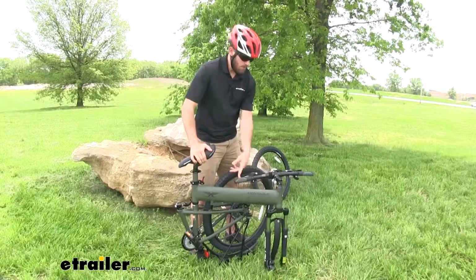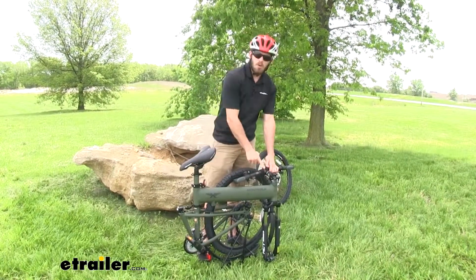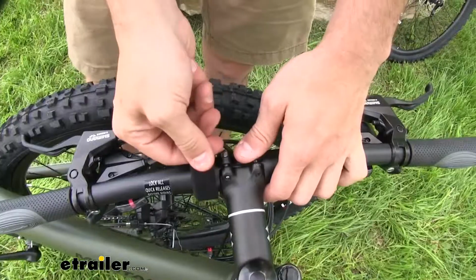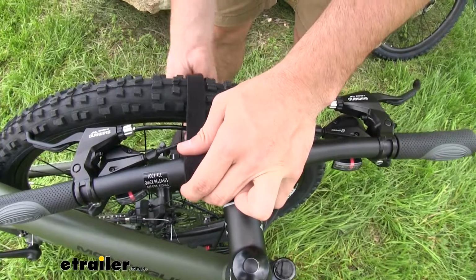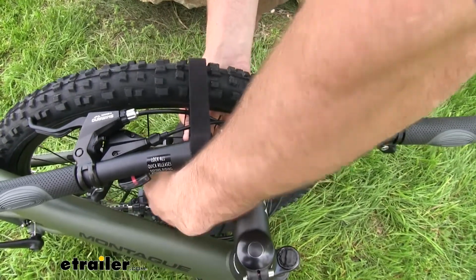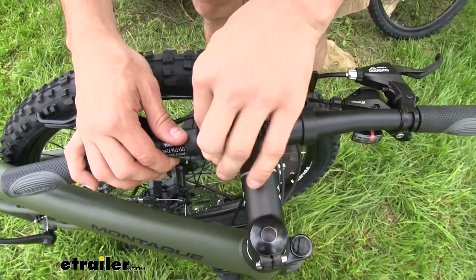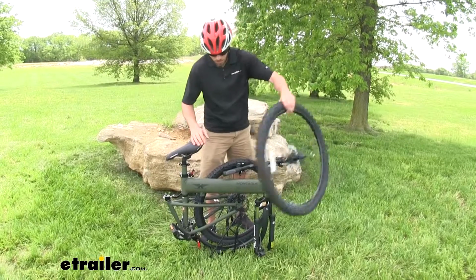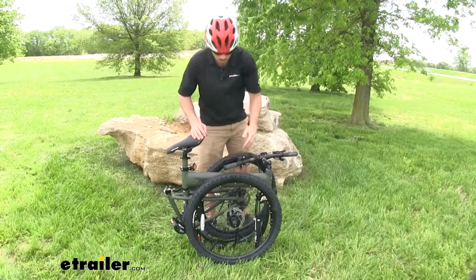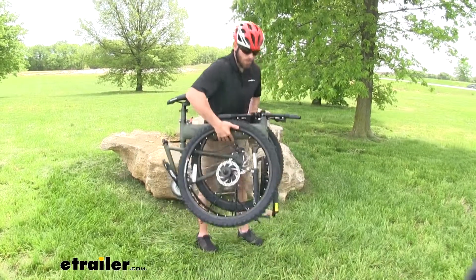You do want to make sure that your handlebars are folded in. Pull it all the way. Then we're going to come to this hook and loop strap. And we're going to pull it, and we're going to wrap around our tire right there, bring it through, and that's going to help secure the handlebars to make sure the bike does not fold out while in storage. From here, we're just going to grab our front tire, set it on the other side of the frame. All I'm going to do is reach through the spokes, grab a hold of the frame, and I'm good to